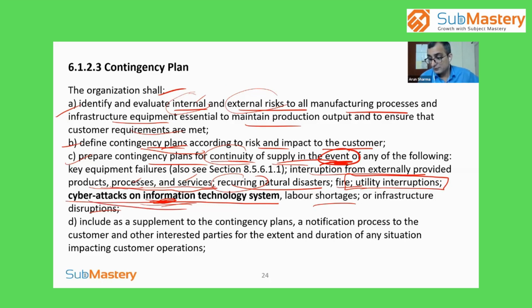What if the backup was not there in place? I could have lost so much of many years of my work. You can perhaps understand, data is so important. Your training material, your consulting assignments, projects, so many things of so many years. So that's the reason the cyber attack is included.